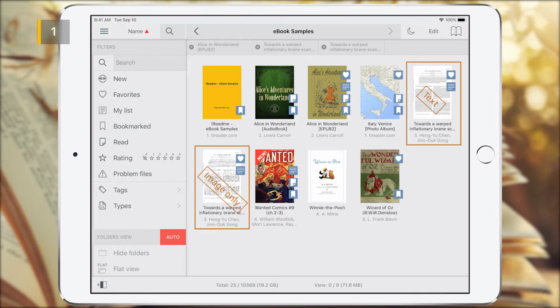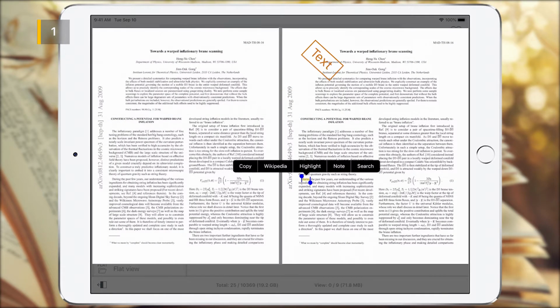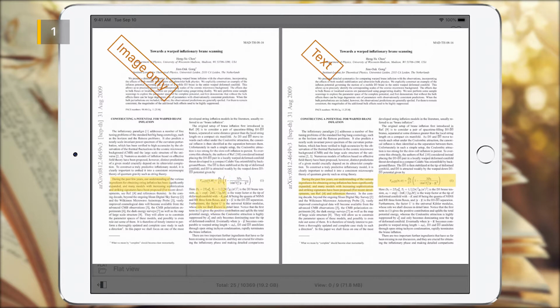The first file contains basically only text, the second contains only page images. In the first file, you can open both a text and graphic context menu, depending on the area of the page where you activated the menu. In the second file there is no text layer, but only a text image, and therefore here, you can activate only the graphic context menu. A little later, we'll take a closer look at the context menu options.